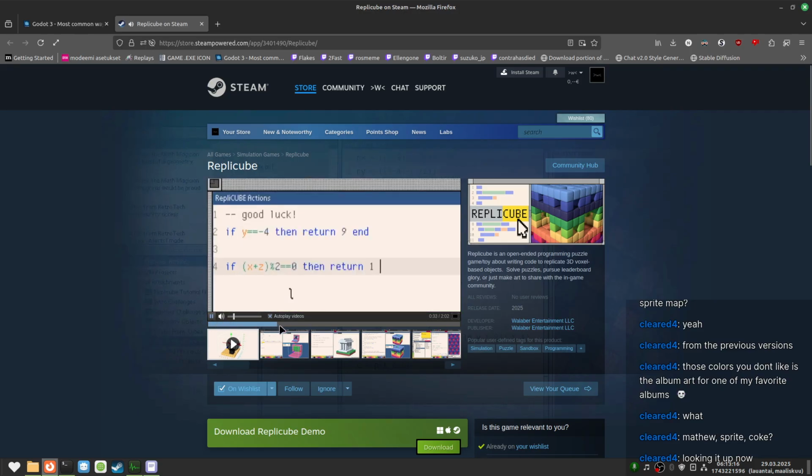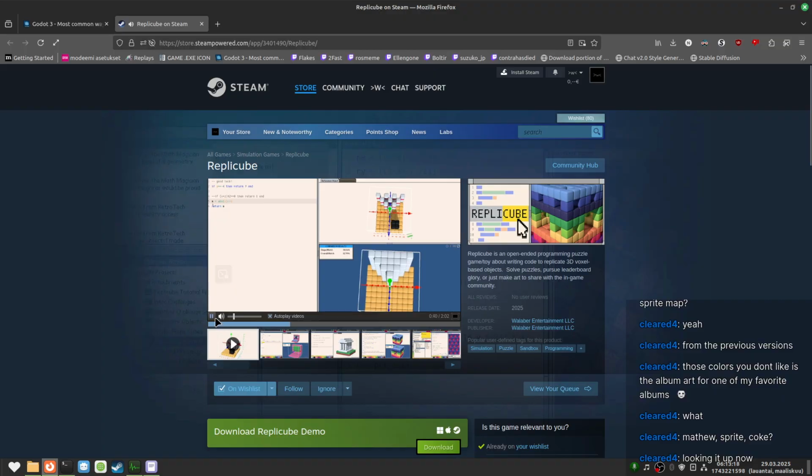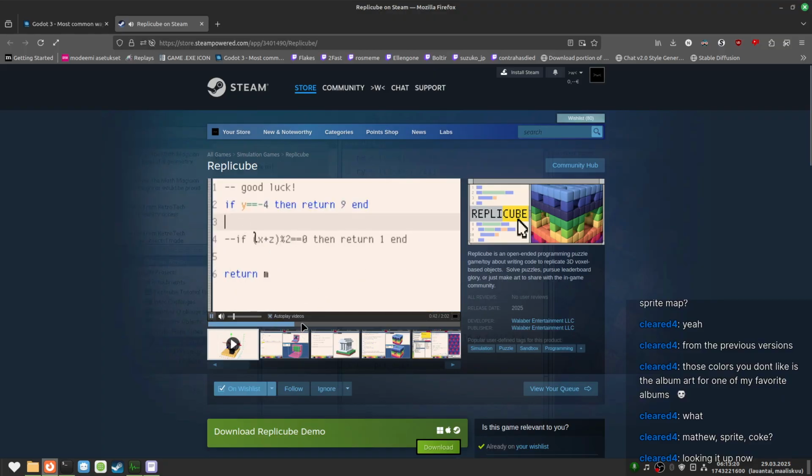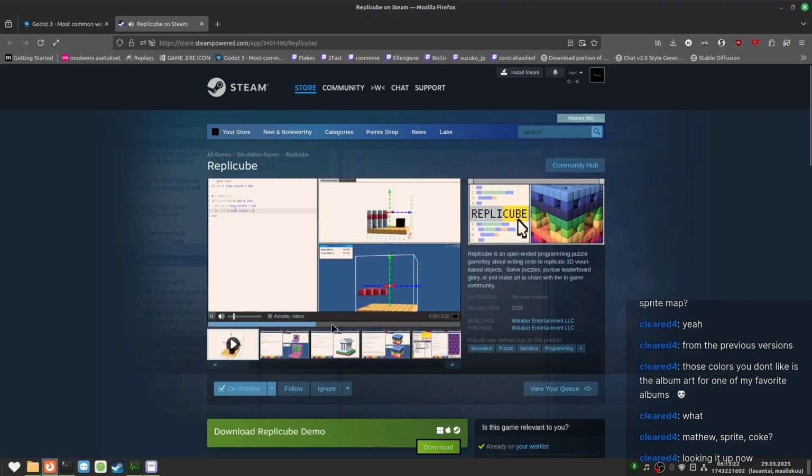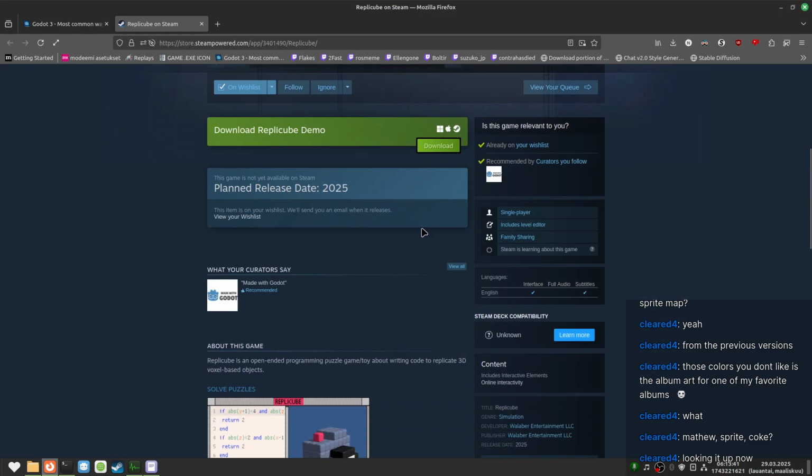So you write shader code and then you build voxel things, and you're supposed to replicate a build that you see. I started trying to optimize my scores for the leaderboards too early, and I kind of lost motivation to play it. But I should honestly just continue and solve the puzzles as they are, and not worry about the leaderboards.